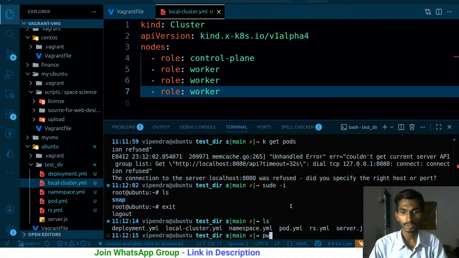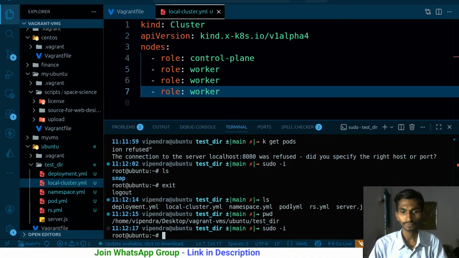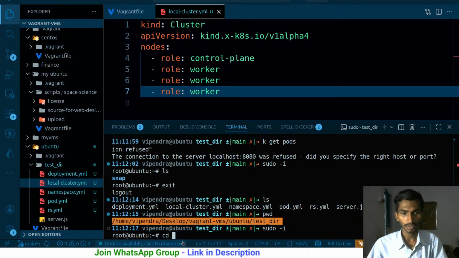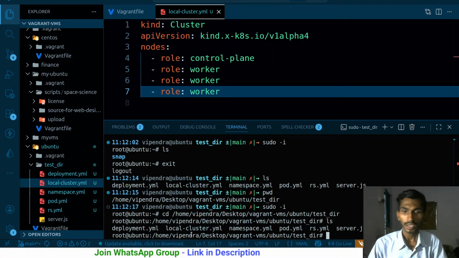Exit, ls, present working directory. Sudo -i and cd, I'm gonna be going to this particular directory, ls. And now as I'm inside this, I should be able to run the commands directly, and sudo root user is here, so it will be just simply using sudo by default. So what I have to do now, and that is